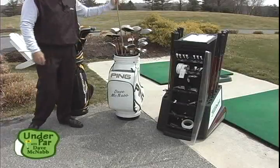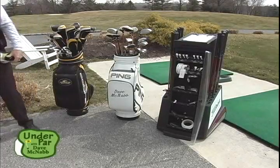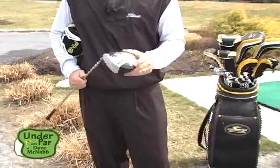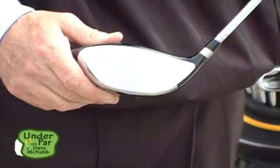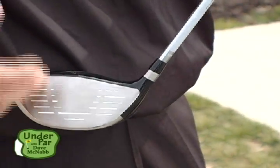Ping's basic new introduction this year is the Rapture V2 club, built upon the old technology of the original Rapture driver. Again, just a little bit different weighting in the head, a little bit higher launching, lower spinning golf club, and they also make the Rapture irons as well. Again, the same thing: designed for higher moment of inertia, higher ball flight, and a little bit lower spin for increased